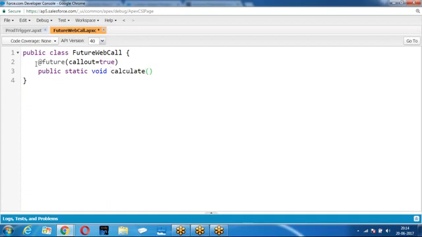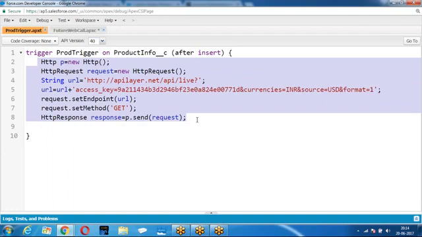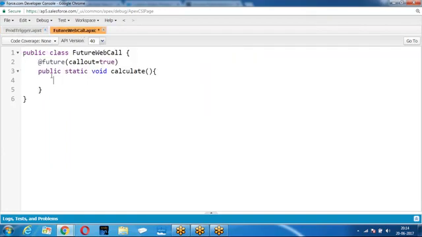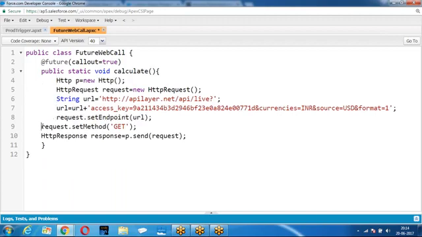Calculate. Now the question is, you are making a call, fine. Using the records which you have inserted, we need to manipulate them. Whatever records you have inserted, I need to calculate the values of them. But the problem is, I need to pass the list of new records which are inserted. If you pass those records to the future method, then it makes a web service call to the third party, and with that result it converts the data.